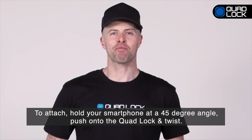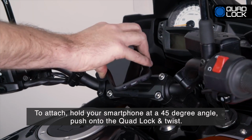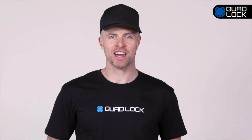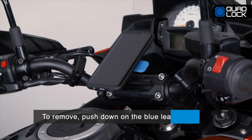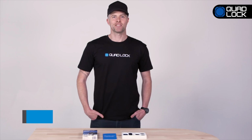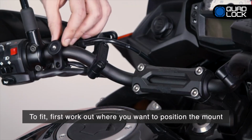To attach, simply hold your Quad-Lock compatible smartphone at a 45-degree angle, push onto the Quad-Lock and twist. Your smartphone is now securely attached and can only be removed by pushing down the blue lever and twisting your smartphone. To fit the motorcycle mount, you will first need to work out where you want to mount your smartphone,